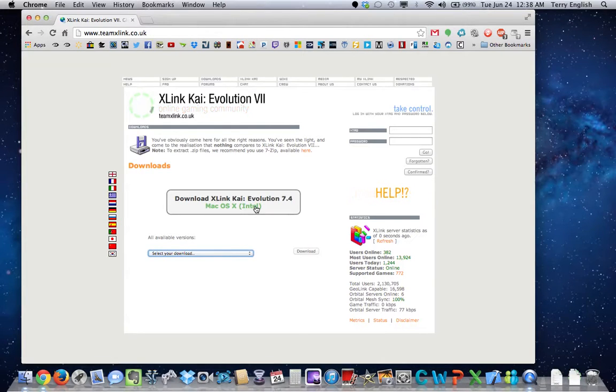If you are not too sure, you can look that up elsewhere in computer to determine if you're running an Intel machine. I'm using a MacBook Pro early 2011 edition, and this one's Intel based. I believe most newer MacBooks are Intel based, so that you can install Boot Camp for Windows on there. Anyway, so we're going to go ahead and click download,